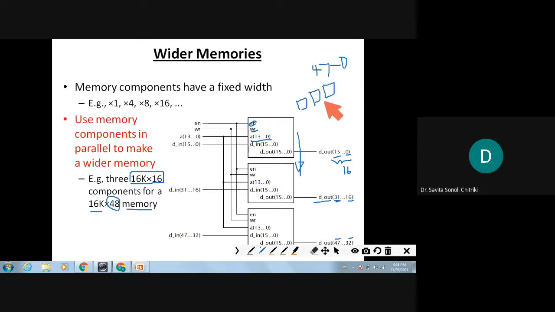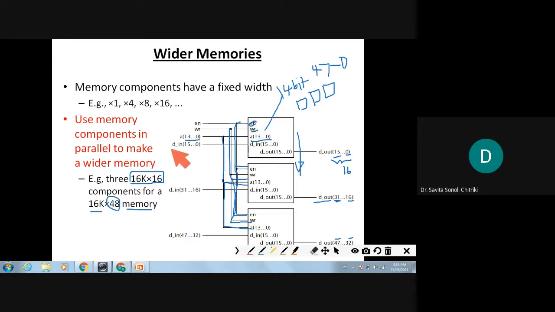It is better if it is shown that way, because the address remains the same for addressing 16K. 0 to 13 means how many address lines you need? A 14-bit address, right? That's why you observe enable, write, and address A0 to A13. Check that all the enables are connected, then all the writes, then all the address lines A0 to A13 are connected to all. The only change